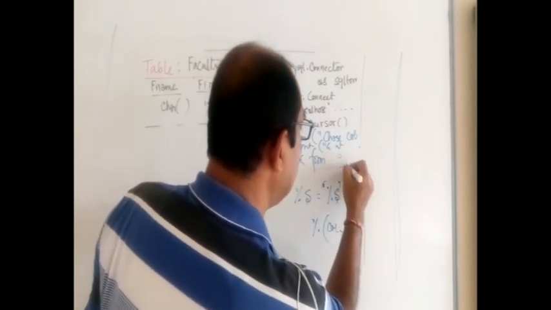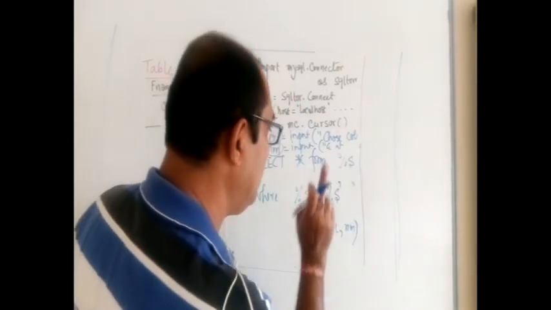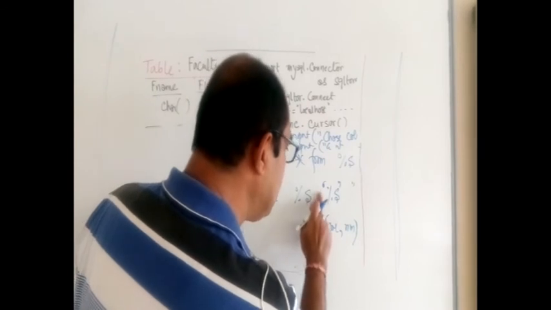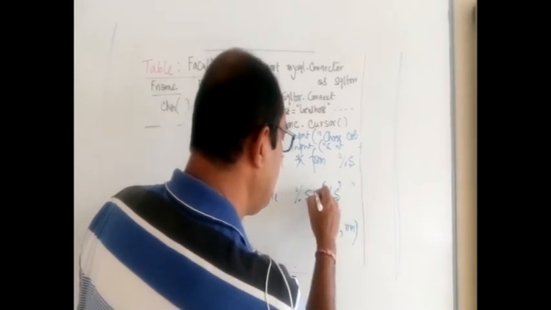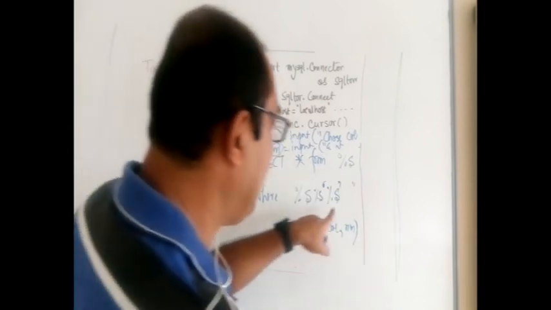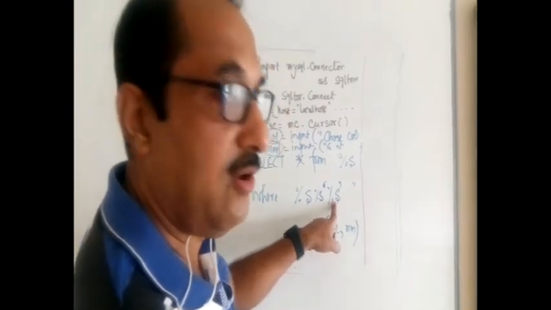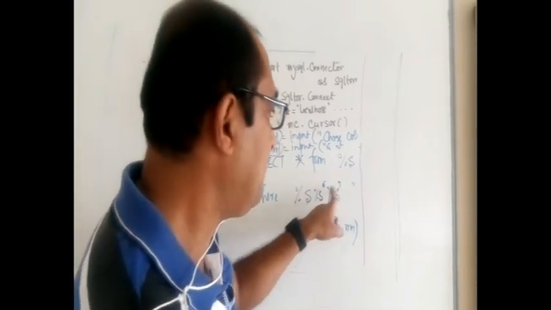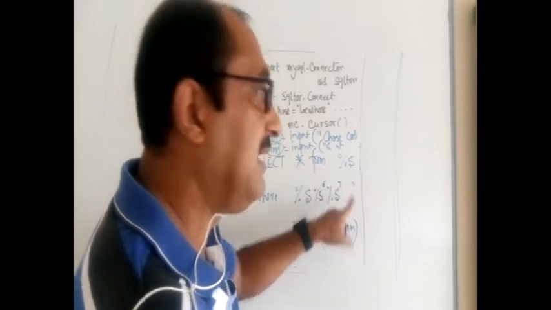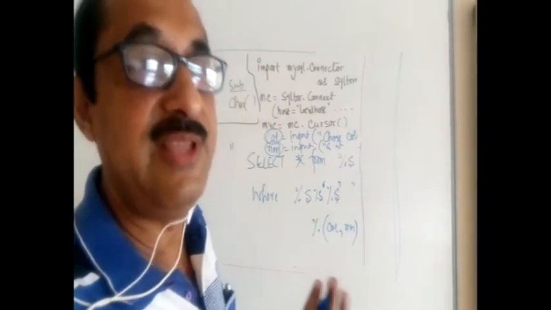So write here %s, but do not write the quotation marks, as I told you. And if you want this also to be replaced, here also you put it like this. But you have to remember here the value cannot be anything other than text or non-numeric, because you embraced it within a pair of double quotation marks. It is like when you take an integer value only to be passed. That rule we have to remember, nothing much.